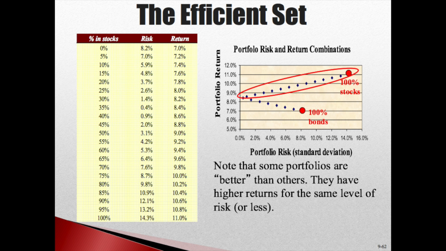But if we go to 40% in stocks and 60% in bonds, we have 0.9% risk and an 8.6% return. So that's even narrower. That return is unbelievably narrow. So we could look at it that way too. So what we looked at here is two items individually. We combined them in a portfolio and did one calculation at 50-50. Then this chart had done all the calculations for every 5% variance of that, instead of 50-50, 45-55, 40-60,